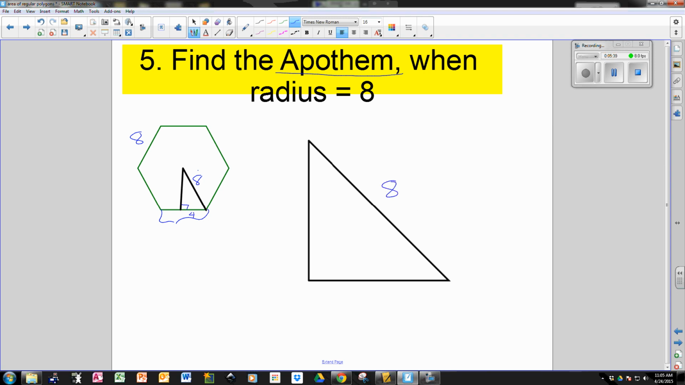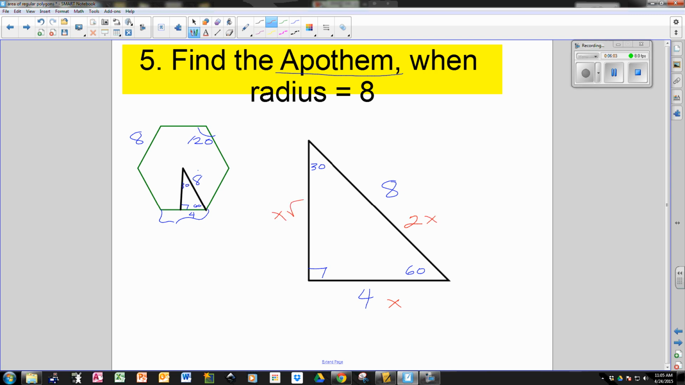So I'm going to go over here. This is 8. This is 4. This is 90. This angle here is 30, and this angle here is 60, because remember, the whole thing is 120, and the radius just so happens to cut it in half. So that's 30, 60. If I label my sides, the short side is x, the hypotenuse is 2x, the